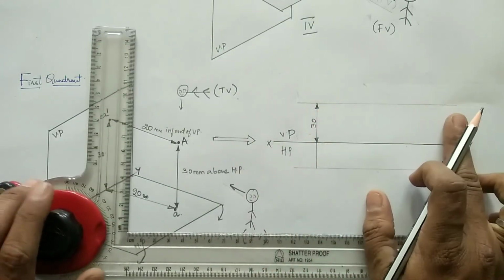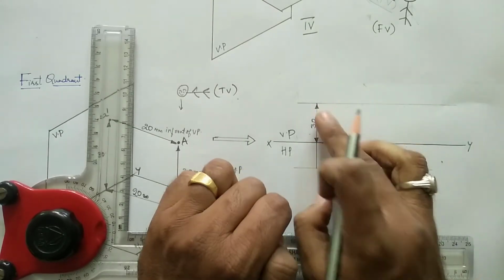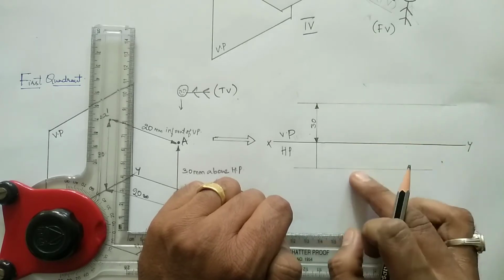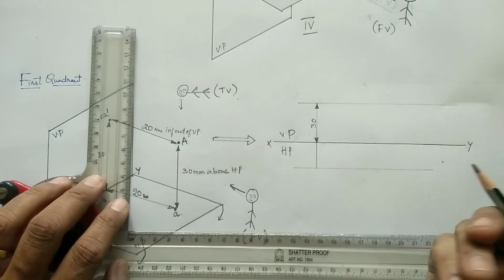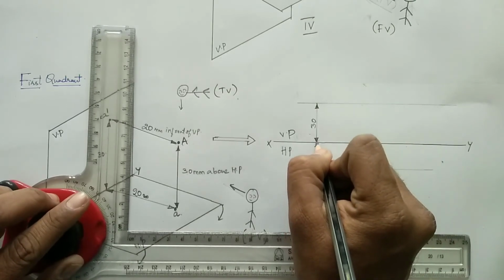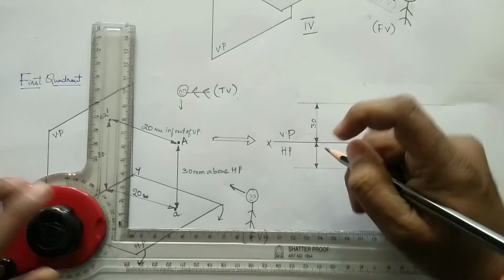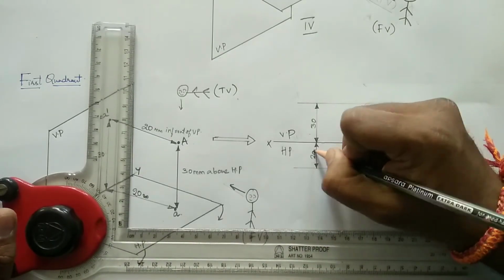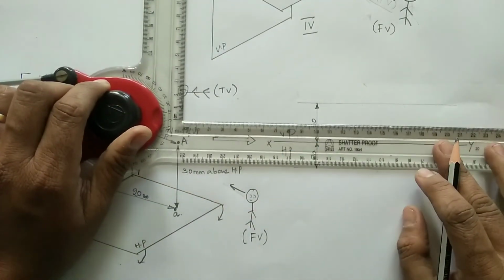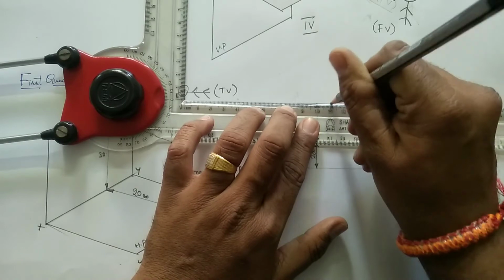This locus line is nothing but wherever you go for the location of the point, it will be at a distance of 30 mm above the reference line and 20 mm below the reference line. So you can locate it at any point, and that's why we draw the locus line. This is what I am marking, mentioning the dimensions like 20 mm. Now maintaining a distance of around 1 centimeter, you can go ahead for the location of the point.